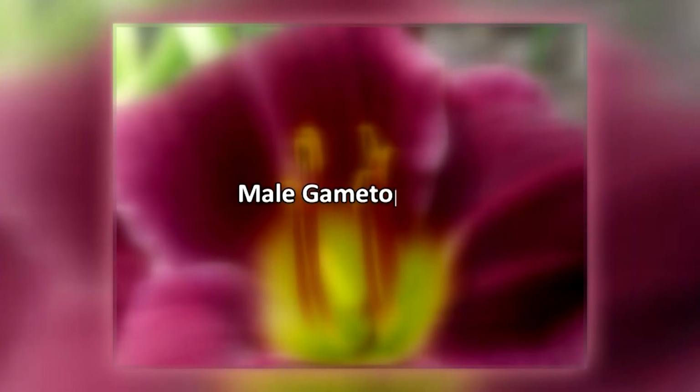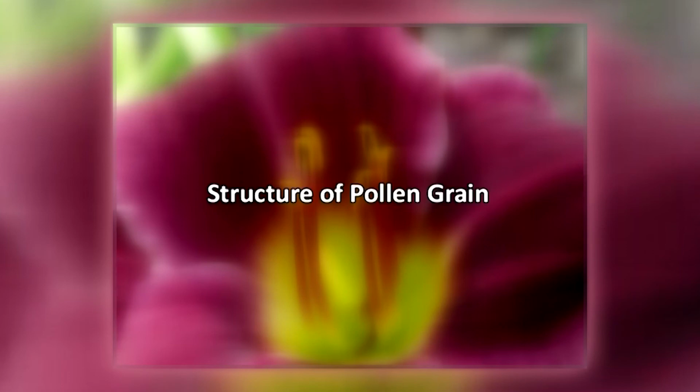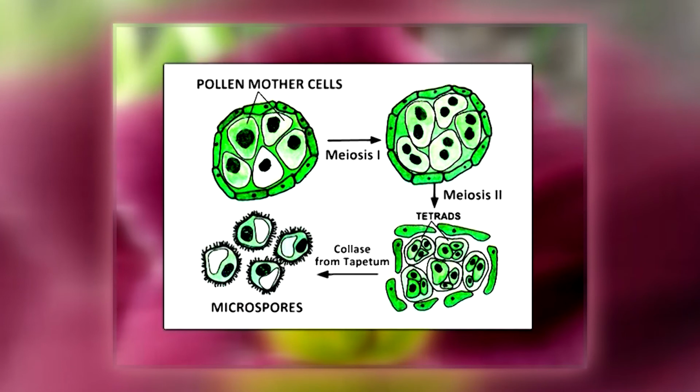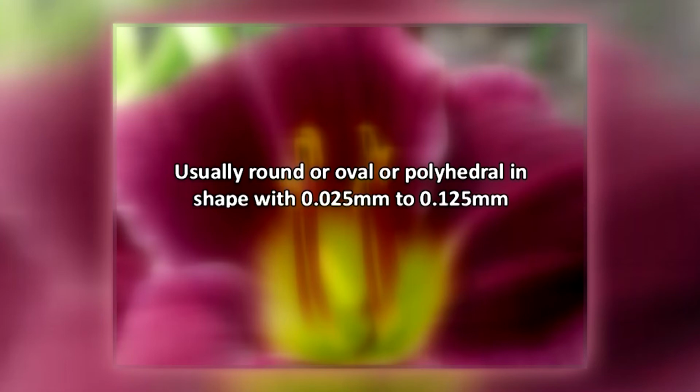Now, we will throw light on the male gametophyte. First, the structure of the pollen grain. Pollen grains are the male reproductive structures that develop from the diploid mother cells in pollen sacs of the anthers. They are also known as microspores. The microspore is the mother cell of the male gametophyte. Typically, each pollen grain is a haploid and unicellular body with a single nucleus. It is usually round or oval or polyhedral in shape with